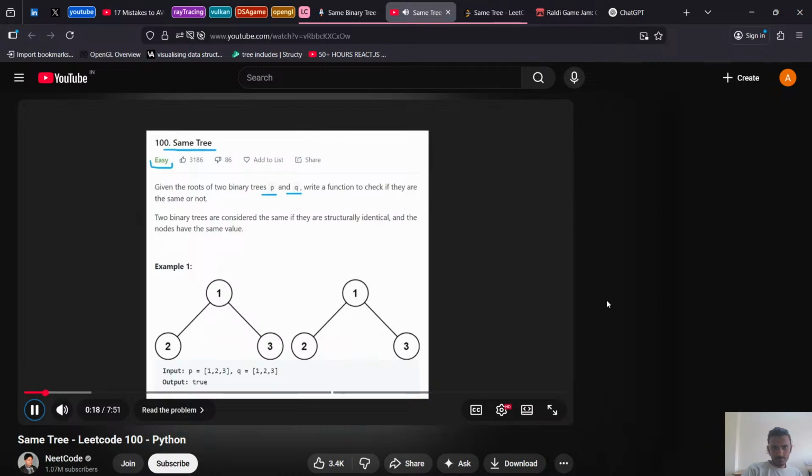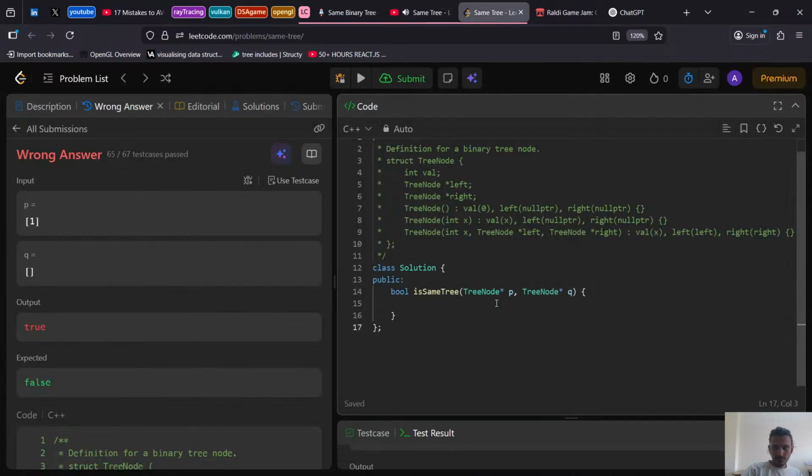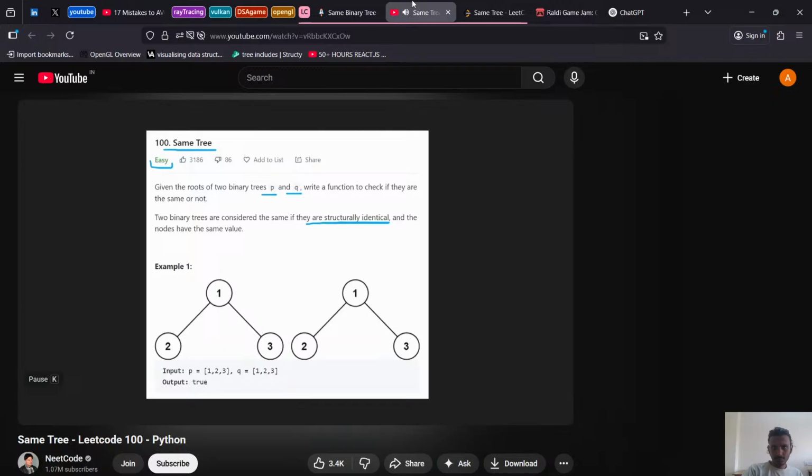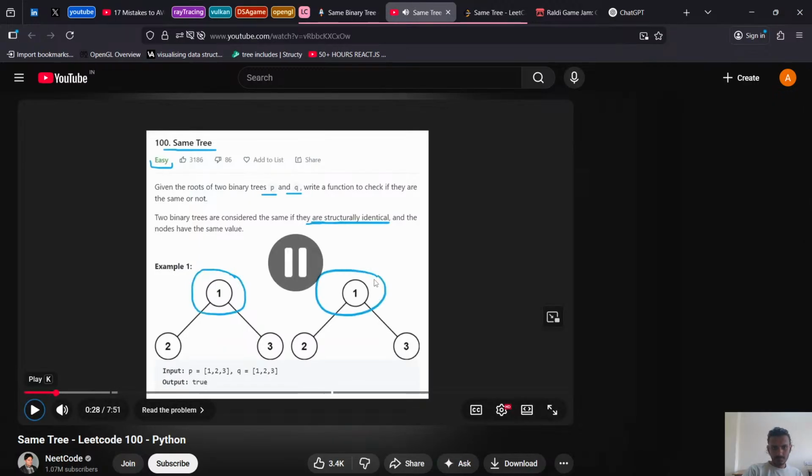tree or not. We can determine that by, one, making sure that the structure is the exact same. So for example, basically the number of nodes, right? Like they both have a